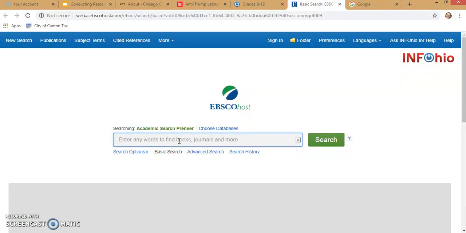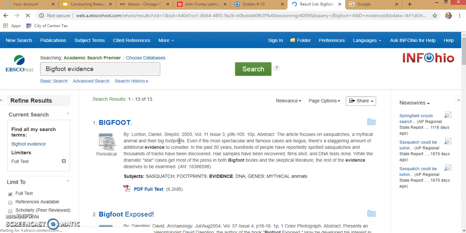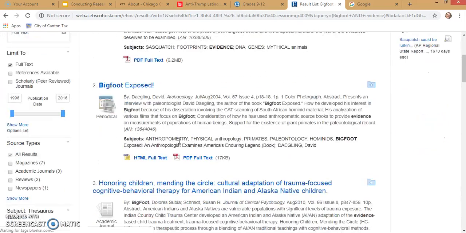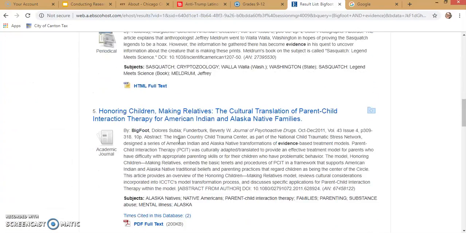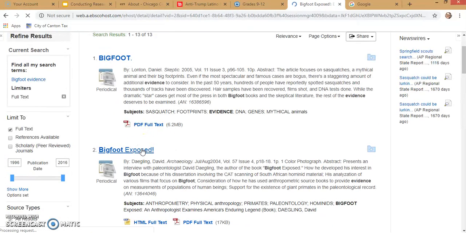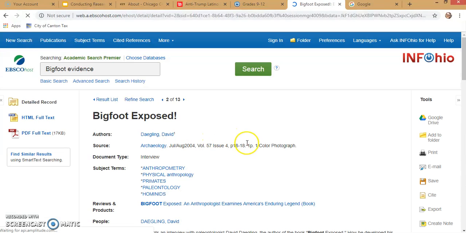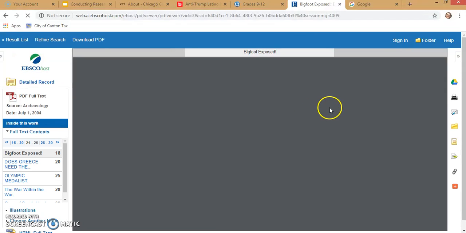After that, it's going to take you to the actual search space. And I'm just going to type in Bigfoot evidence. And then once I search, it will come up with a whole host of sources that show me, hey, is Bigfoot real? Looks like he is. So I'm just going to click on this one, Bigfoot Exposed, because it is popping out at me. It looks exceptionally exciting. I'm going to click on where it says PDF full text. Now what that means